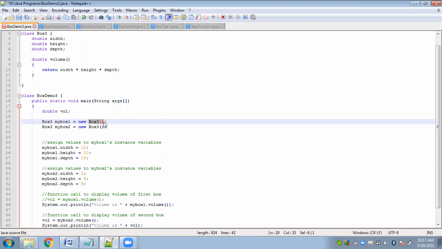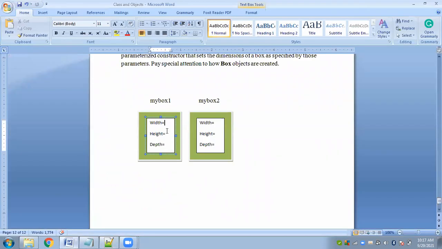So by default, some default values will be fed to the object when it is created. Accordingly, here we will have some random values, 0, 1, 2, 3, any value can be there. Now we have to give some specific values.